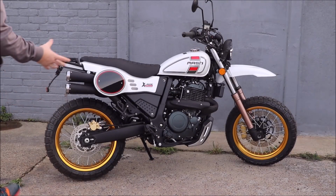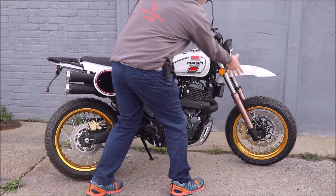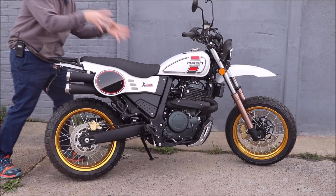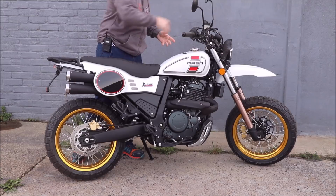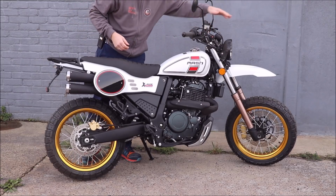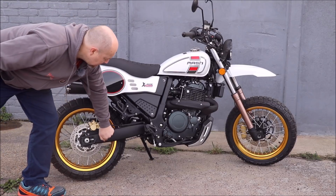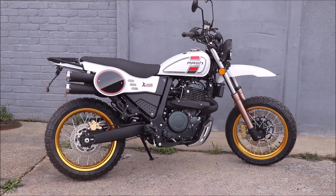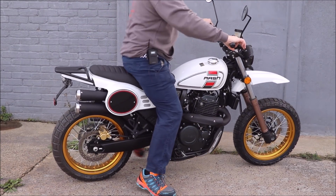But overall, I think what makes it look so good and makes it work is that it flows. It's not just a seat that's been stuck on a frame or a tank that's been stuck on, looks a bit odd, or the mud guard is just shoved in the front there. It actually seems to flow very nicely. I like this as well. This is nice, massive, chunky, lovely swing arm. Very purposeful. Looks like it can take a lot of punishment. And when I get my 16 stone bum on there,